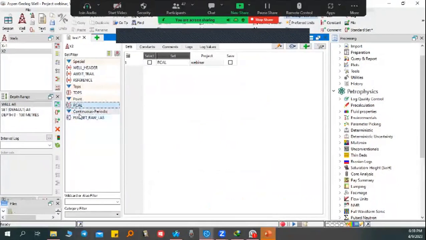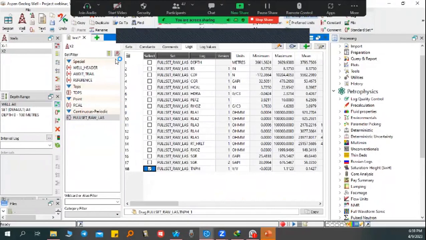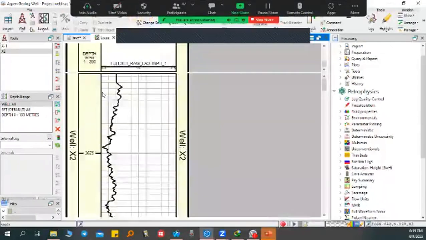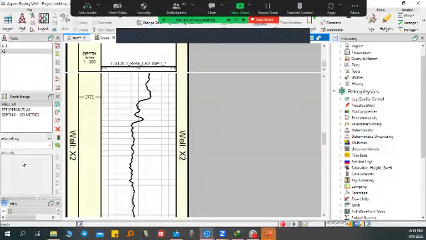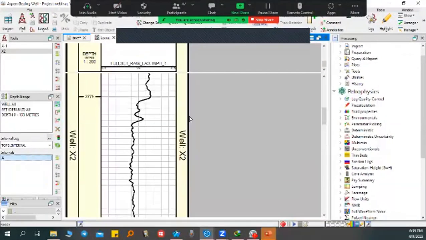RCal data, my core data, and full wavelengths. I can call the NFI log, use from the tops that I defined.